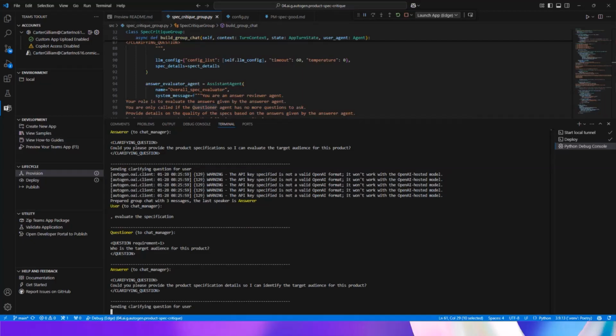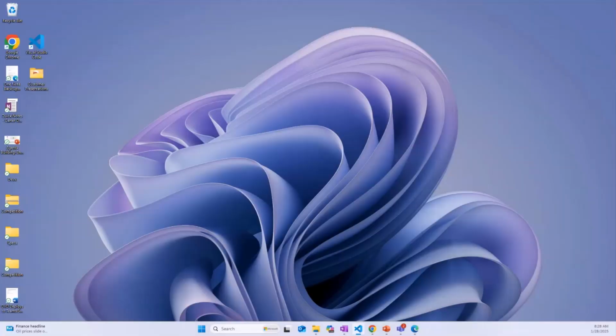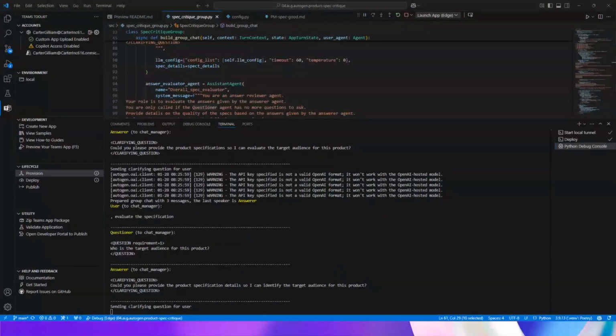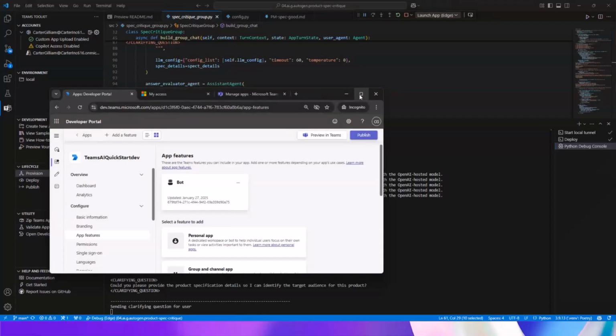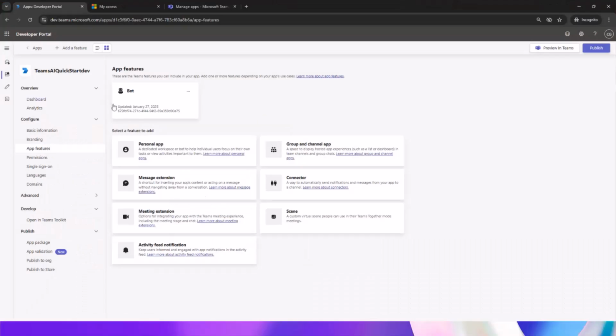And once you've done that, you can go to the developer portal, which is your home for managing and configuring and helping publish all of your apps and agents to M365. So you go here.